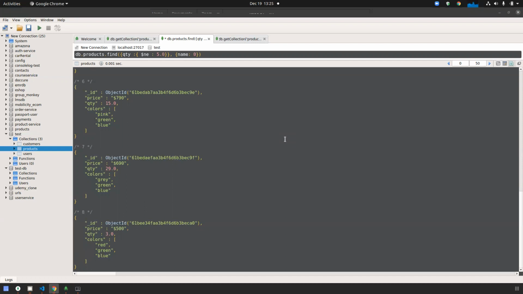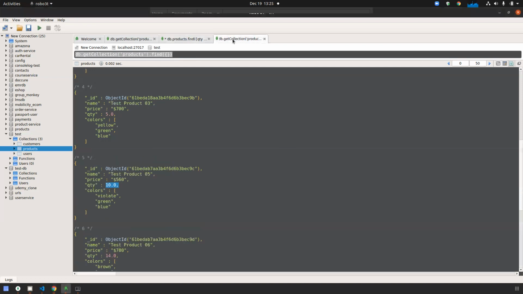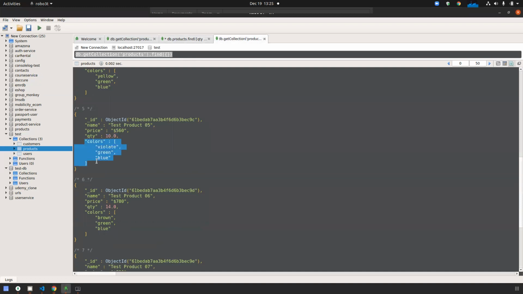Now, another 2 operators are in and not in. Can anyone guess where we will use those? Yes, arrays. When we have an array field, we can query for that array. Like here, you can see this colors field is holding one array, and in that array violet, green, blue are there.